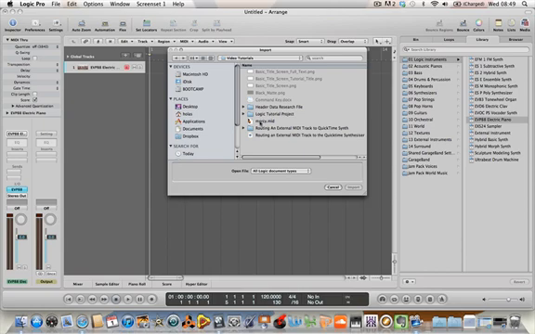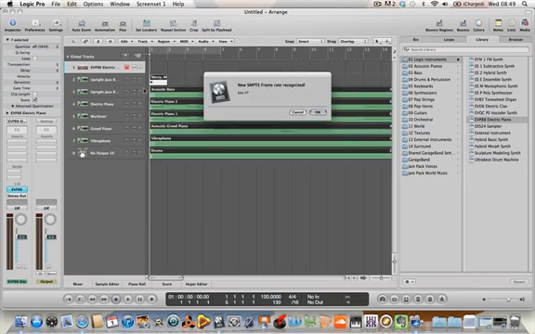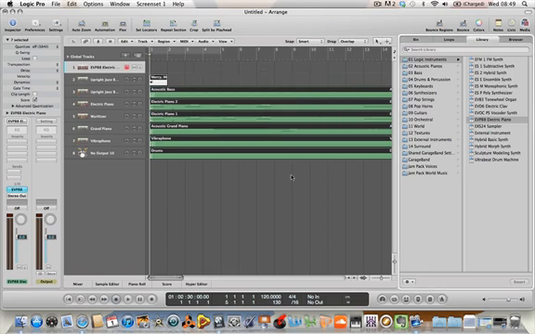For bringing in things like MIDI files, this is the command you want, and I've got my folder here already accessed with the MIDI file that I want to import into Logic. So I'm going to go ahead and click Import, and that's just looking at the information in the file, working out what each of the different sounds are, and it said that the new SMPTE frame rate it wants to use. We'll click OK, that's fine. Good. So if I click play on our sequence, we should hopefully